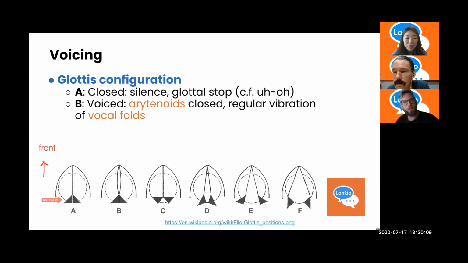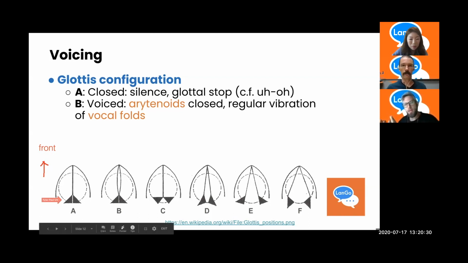The second one, and this one is pretty important for us in this conversation, is what we're calling voicing. In phonetics, they might call this modal voice, meaning maybe it's the most typical one and the one that's most common, least marked kind of voicing. So in this one, represented by B, if you're watching, the arytenoids are closed and there's regular vibration of the vocal fold. What you see is the vocal folds aren't closed like my fingers are right here. They're a tiny bit open.